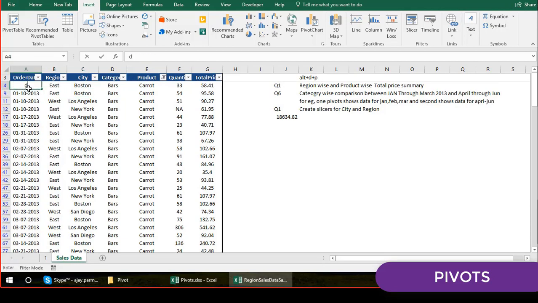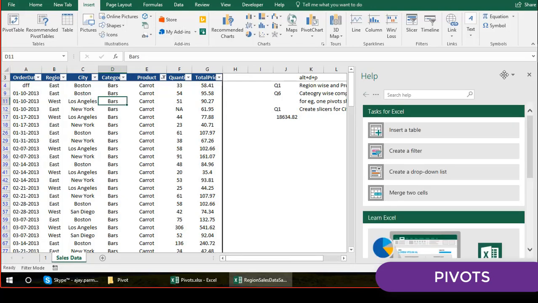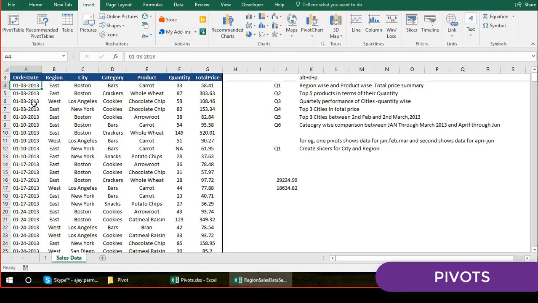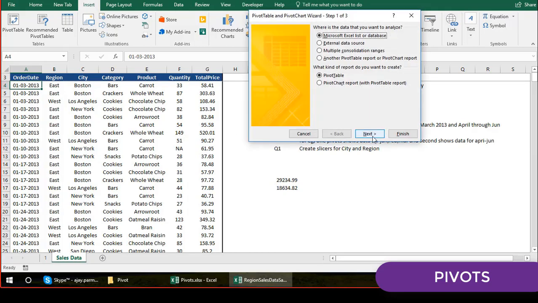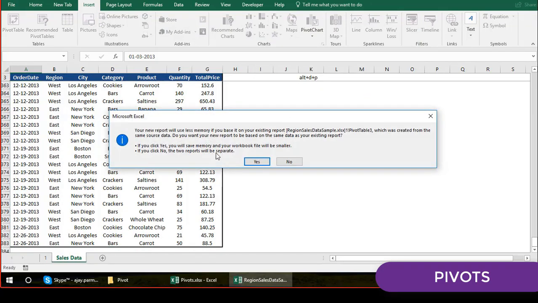Okay, let me remove the filters from here. When you go and create the pivot, the pivot says, look, I already have some pivots created from the same data. So if you click yes, you will save memory, and your workbook file will be smaller.